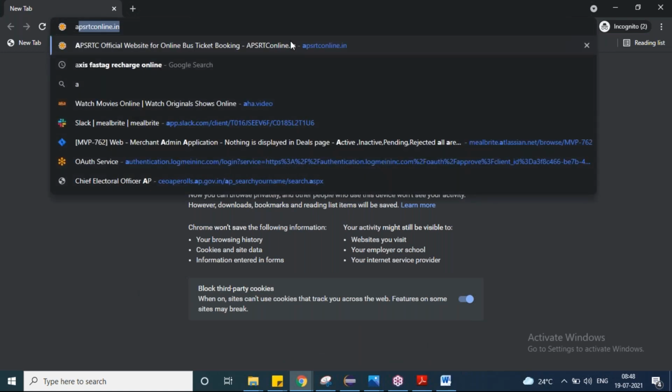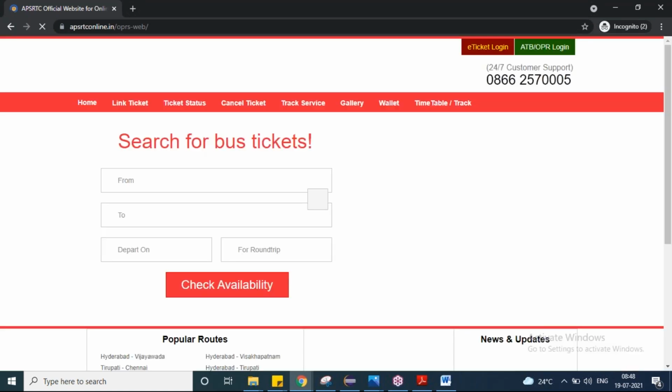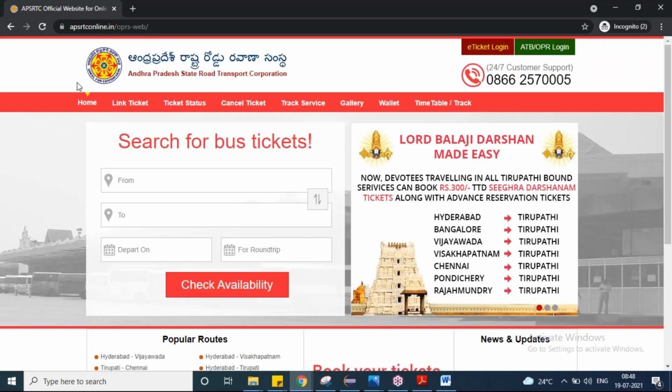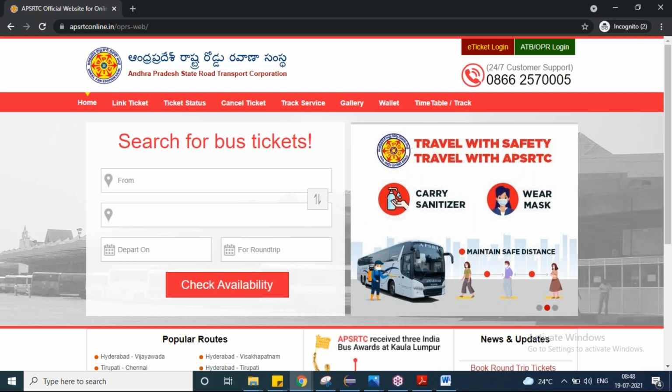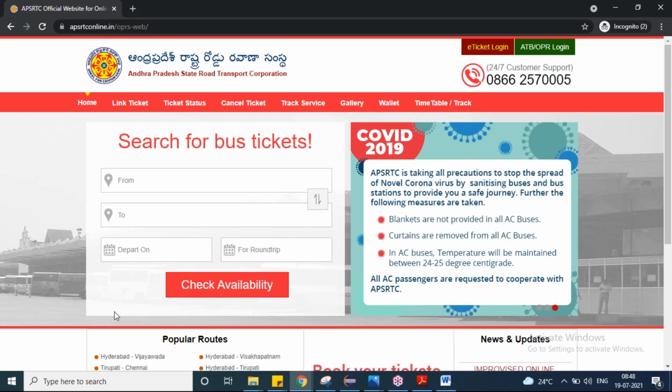I'm taking an application like APSRTC, for example. If I give a from city and a to city, and I select the date of journey and click on check availability, what I'm doing here is called functionality testing.